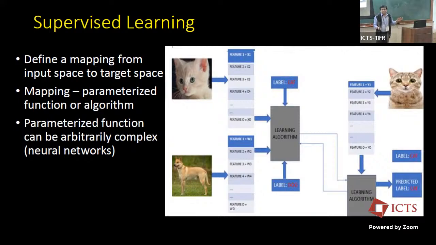In that case, the features might be different, depending on what kind of objects you can see in the image. Can you see some sand in the image, can you see water in the image? So these could be some possible features, but these are all features which are interpretable to us as humans. But in many cases, that kind of features are not available, especially because we have a huge amount of data, and it's not possible for a human being to annotate the features in each of them.